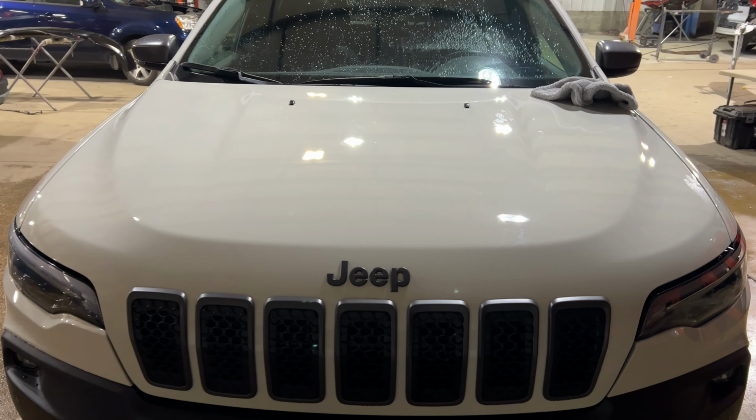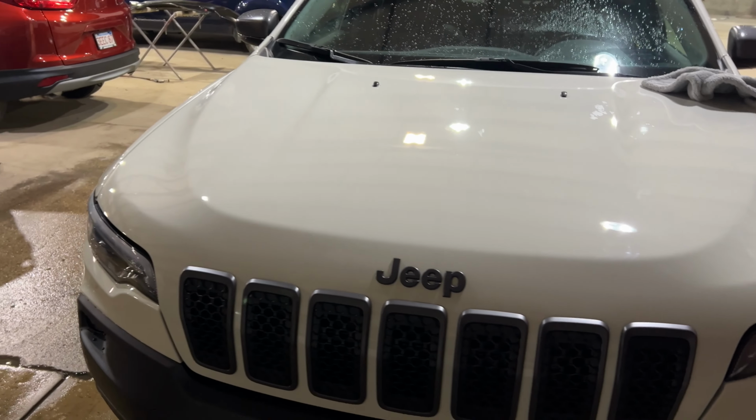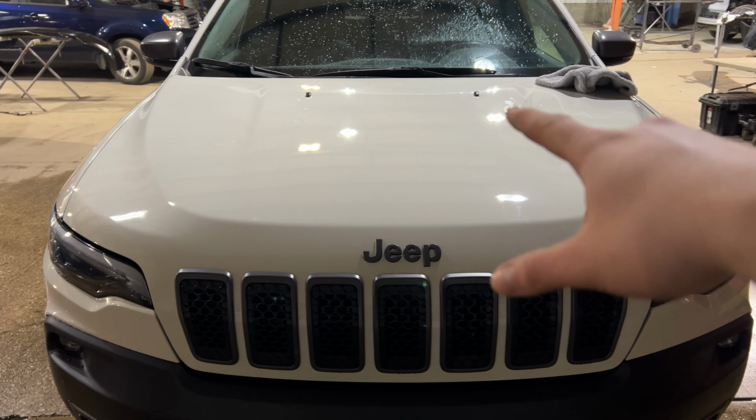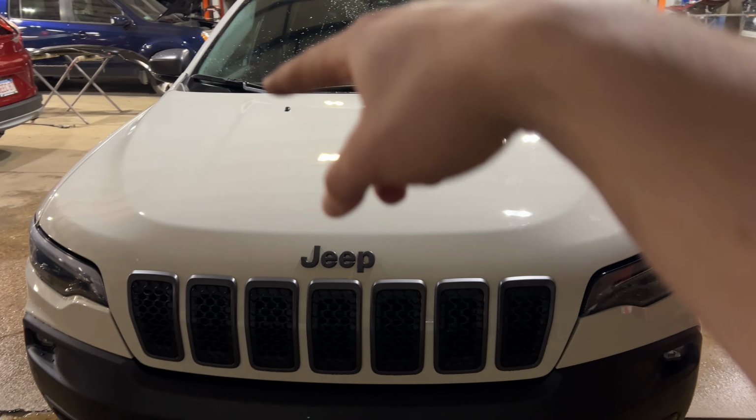Guys, so we're gonna go ahead and start buffing this hood. Got a couple wet bag marks from the paint process. We painted the hood first and then the fenders and doors after the fact, so the hood was masked off. Got a couple smudges up there that we want to take care of before we put the Trailhawk hood decal